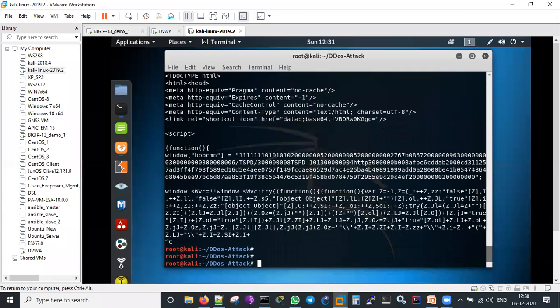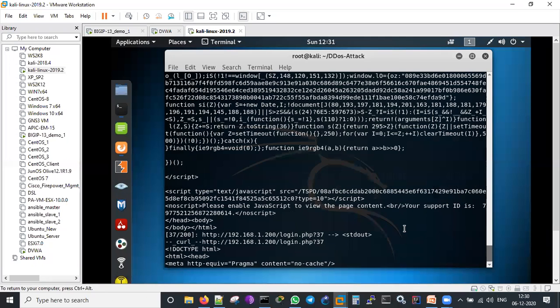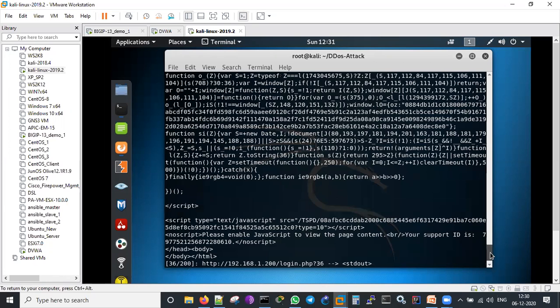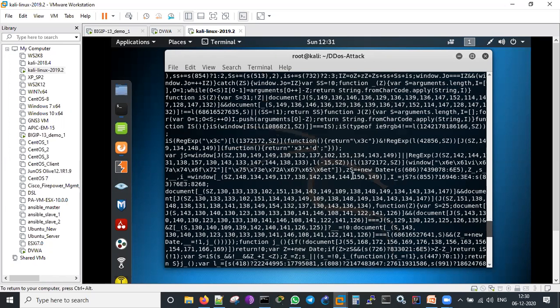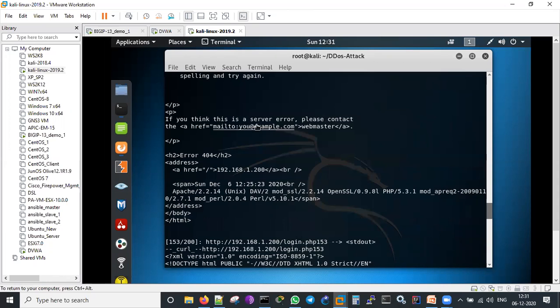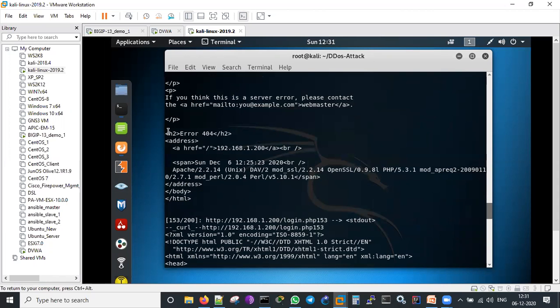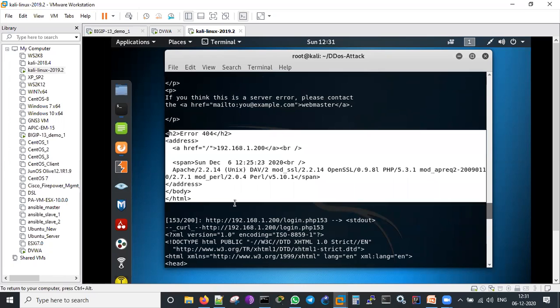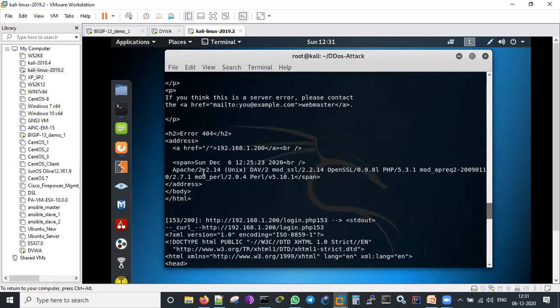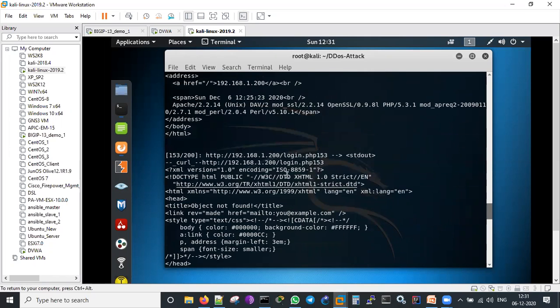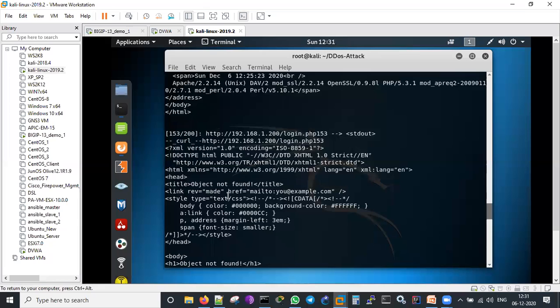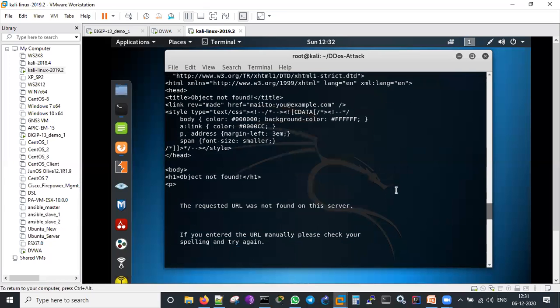Let me stop it. Previously, I was able to get the URL of that one. I'll show you the same command again, output. See that this was the result which we were getting. If you think this is a server error, something like that, it goes and tries to get into that. You just need to understand the HTML programming a bit. See this 192.168.1.200. I am getting the address and I am trying to open that application. Apache 2.2 something is running on that, and all these things are running, but it is not getting the login page only. See that it's coming up: object not found. Some results we are getting from the server itself, means it goes directly to the server and attacks it.